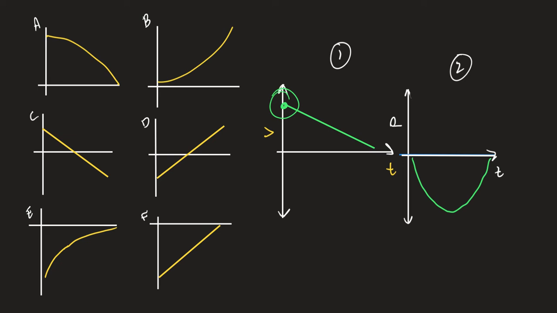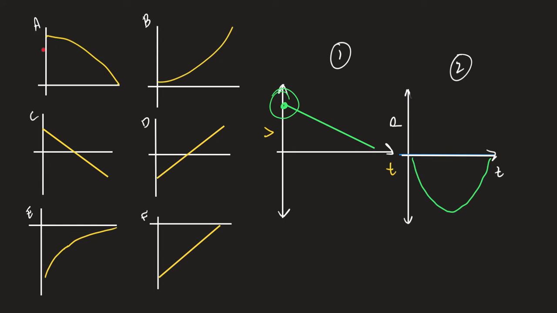But you heard it, right? I'm not trying to trick you. I know it feels like it, and I even said I was. But this has a positive velocity at time 0. Is that becoming a bigger number or a smaller number over time? So I am looking for a graph that has a positive slope and whose slope is becoming a smaller number over time. So when I look over here,